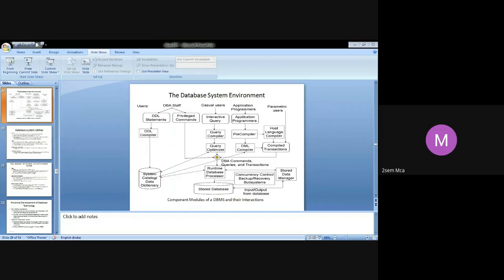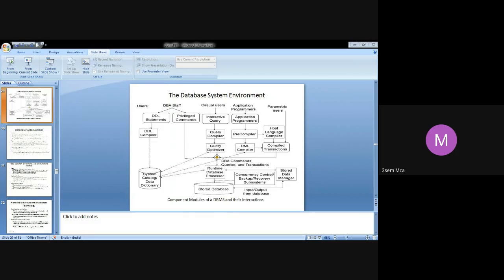So we have something called a concurrency control module. You always require a concurrency control module in a DBMS, as I told you, because there can be multiple users who are accessing the database simultaneously. So you should not be providing any kind of errors to either user. That's why the concurrency control module is required. And then you have a backup or recovery system. Why do you need a backup? You need a backup because if there is any kind of failure in between, then the database should be able to come back to its initial state. So you need a backup module or a recovery module.